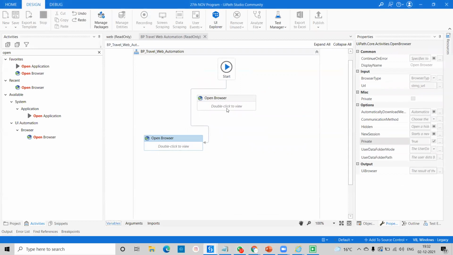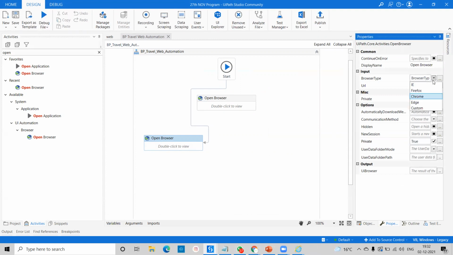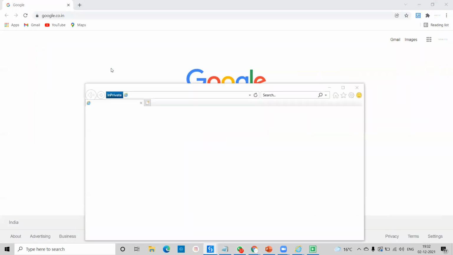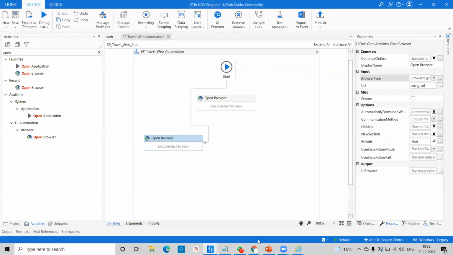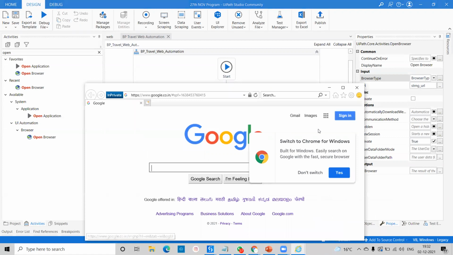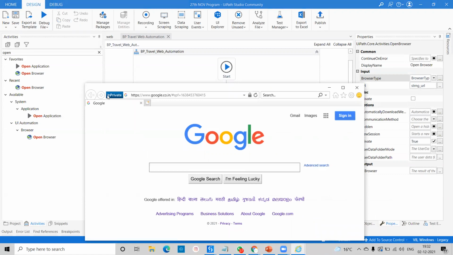So what to do right now? Simple, go there, Private is the same thing you have to do, and you have to come here and change this to IE. If you run this program, what will happen? It will go there and launch Internet Explorer in private mode. You can see here we are getting this private window. Lots of applications open in Internet Explorer. This is your incognito window. Right now it's working fine.